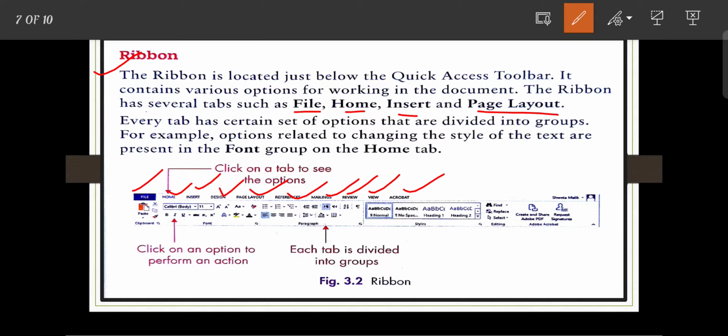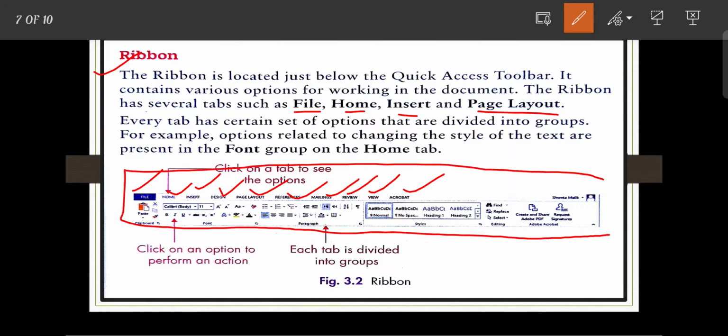So all these tabs are the part of the ribbon. Every tab has a certain set of options that are divided into groups. For example, options related to changing the style of the text are present in the font group on the home tab.